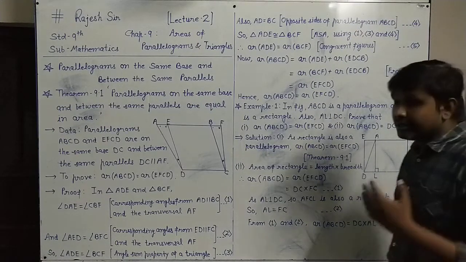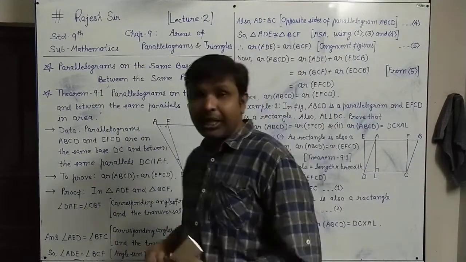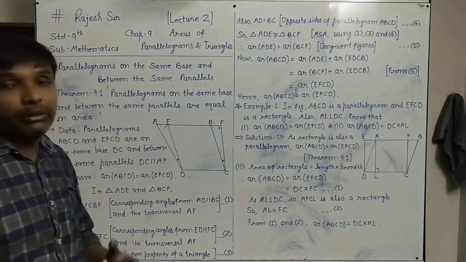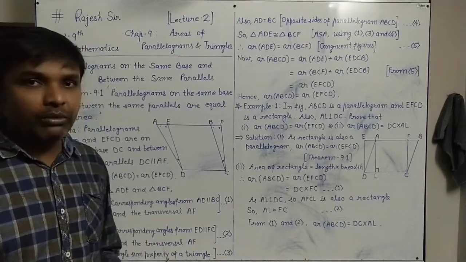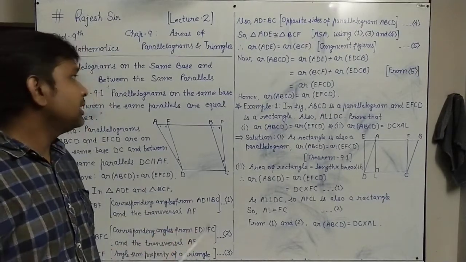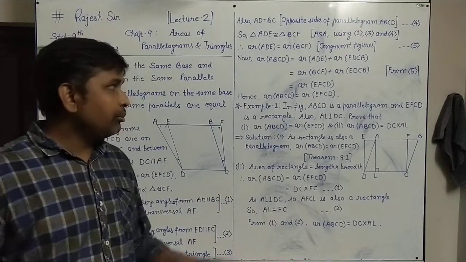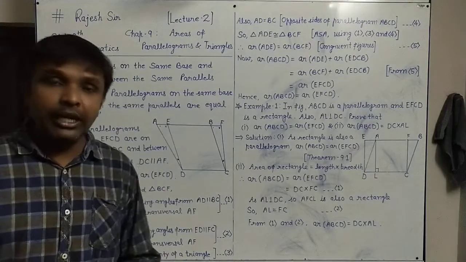So in this lecture we have seen that parallelograms on the same base and between the same parallels have the same area, as theorem 9.1. We have proved it, a very important theorem. We have to write it 2-3 times and prepare it well from the exam point of view. Based on this theorem, we also saw example 1 and proved what was asked. Next, examples and exercise 9.2 we